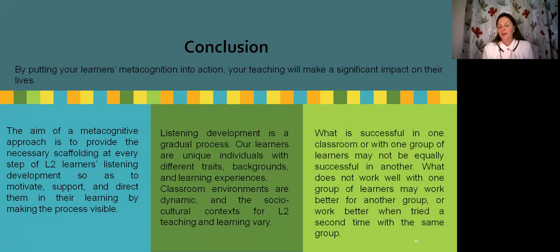And it is important for young teachers to know that if something is not working in one classroom, it doesn't mean that it will not work in another. Or if it's not working the first time, it will work if you try again and again. So do not give up. That would be my conclusion. And the more they practice, the better they get. And the assessment shouldn't be the only goal for a listening activity. We can do just a listening activity for pleasure.